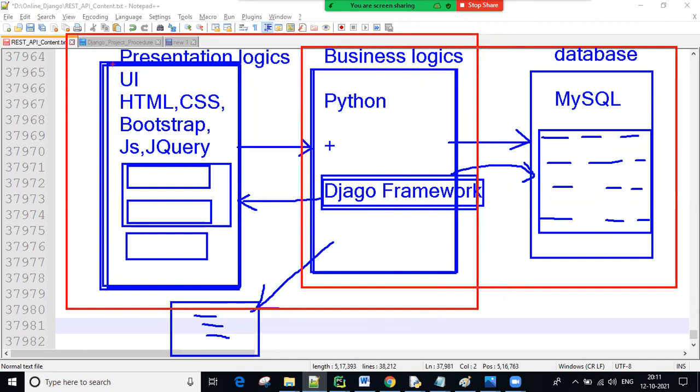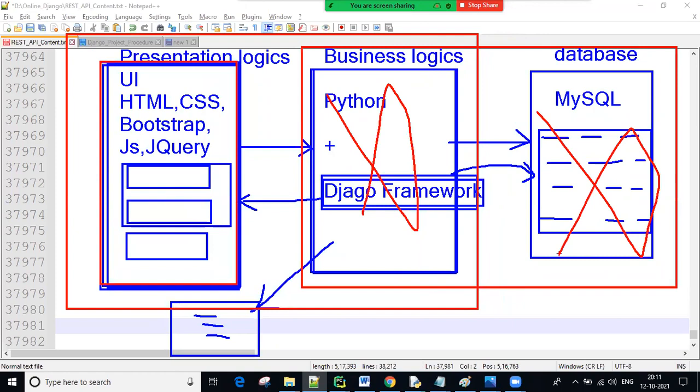To learn only this part, no knowledge of Python, Django, or databases is required. Purely this we can discuss. Got it, all of you? Yes. Now we will start, guys.